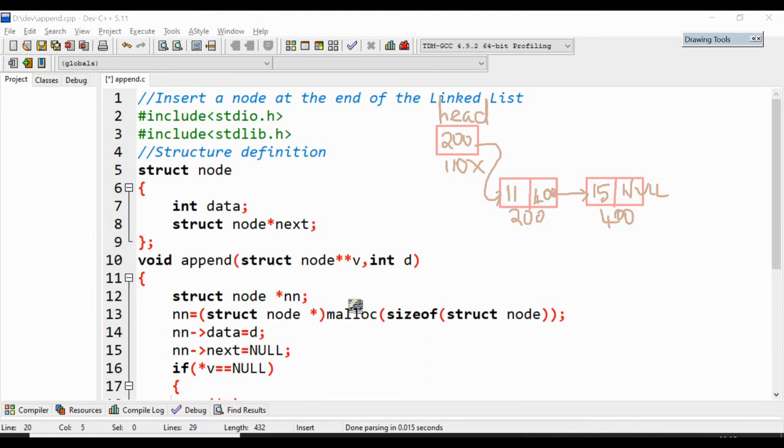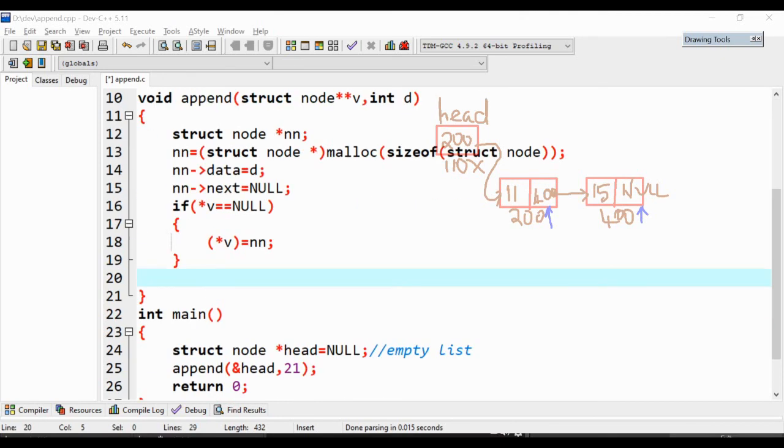So how do we find the last node? We have to reach the end and insert, right? We know the last node's next part will always be pointing to null. So we are supposed to go in search of null. We will check whether the next part of this node is null or not. If it is not equal to null, then we'll move from this node to the next node. We'll check whether this node's next part is null or not. If it is null, then we'll insert a node here at the end and change the links. So this is the process.